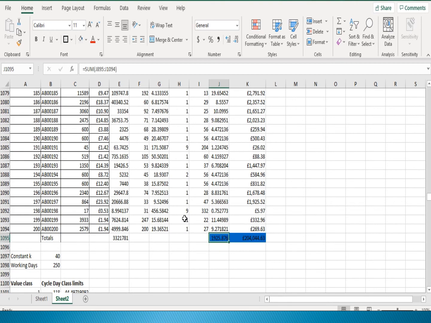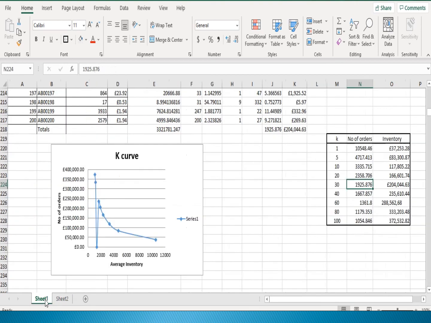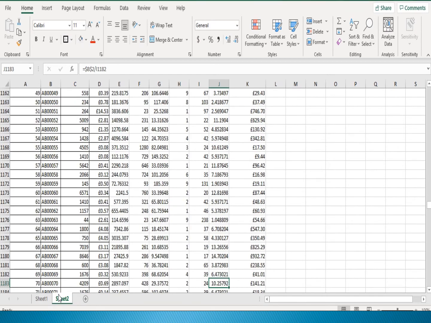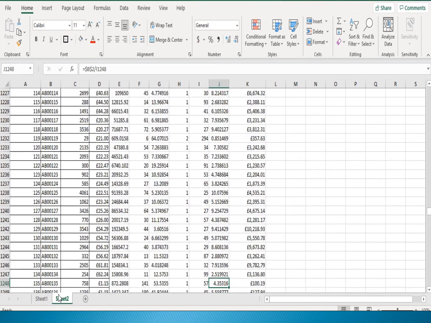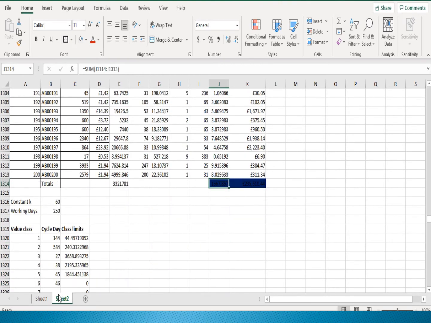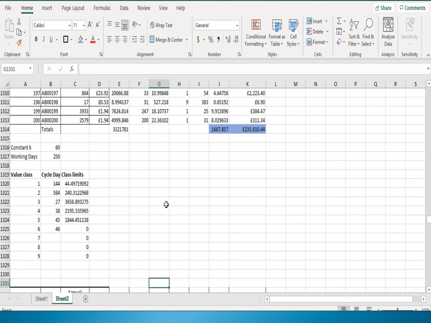This is the value of 30. Now we go for 40. This is the value for 40. Again for 60.